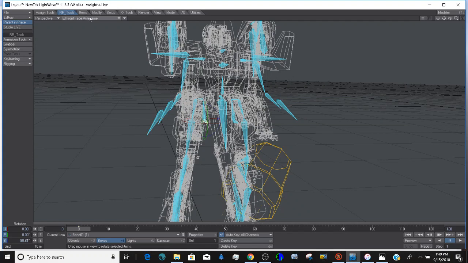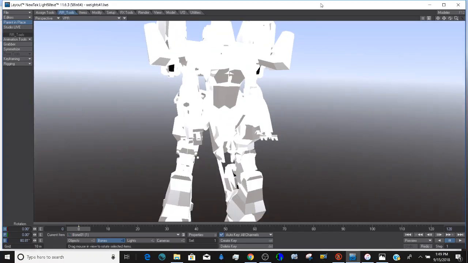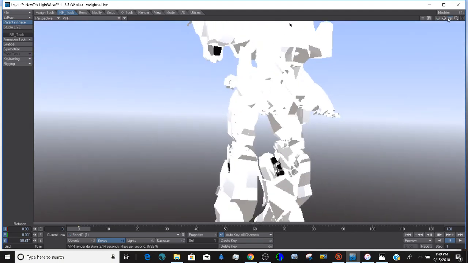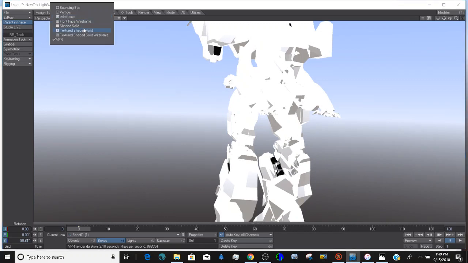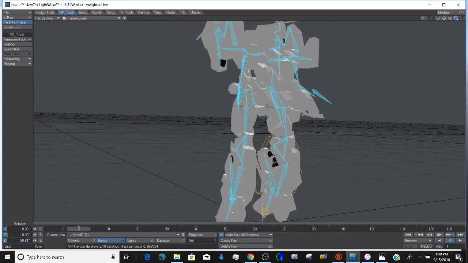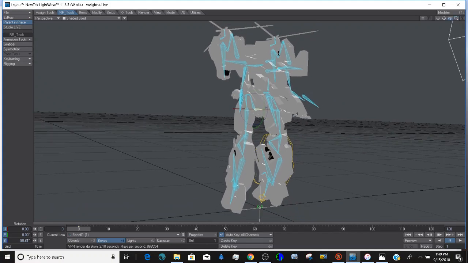I was hoping that VPR works today. It wasn't working the other day, and I think it's because of just sort of a glitch in the system. But like I said, it's not textured or anything, and I think I just want to use X-ray bones and get in here and start using the paint weights